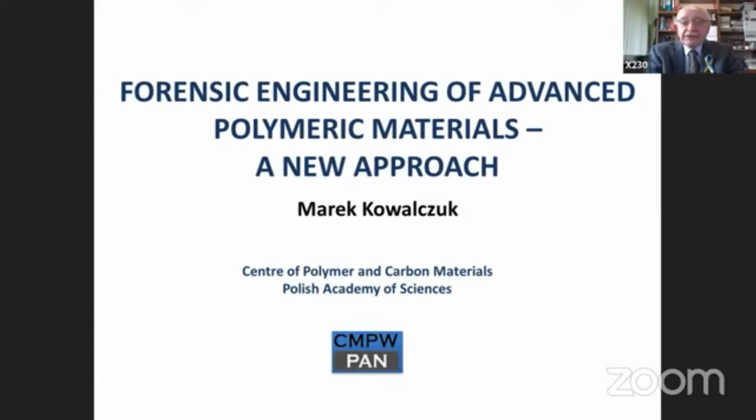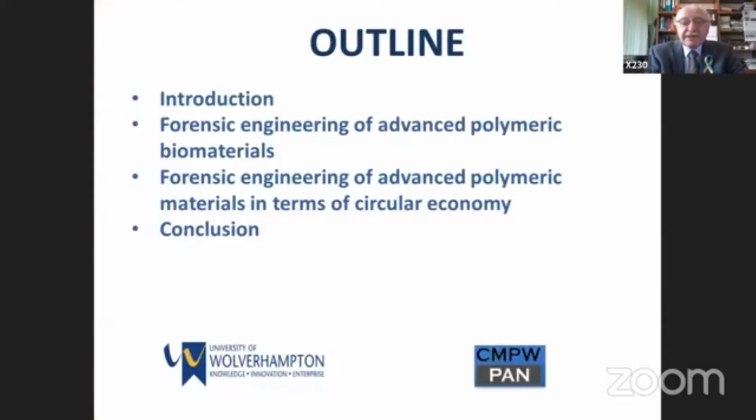I am deeply conscious that the organizers give me the opportunity to share our new approach regarding forensic engineering of advanced polymeric materials. So during my talk, I would like to focus on two areas of potential applications of that kind of polymeric materials. The first one concerns biomaterials, and the second one concerns polymeric materials used for the wide branch of